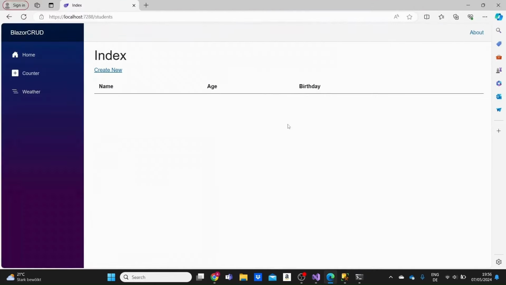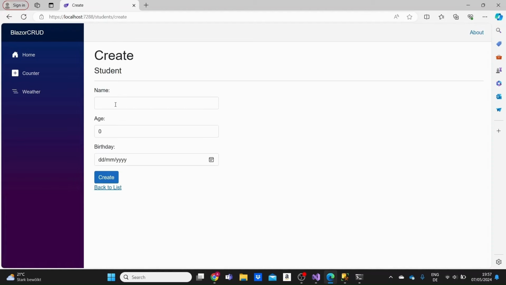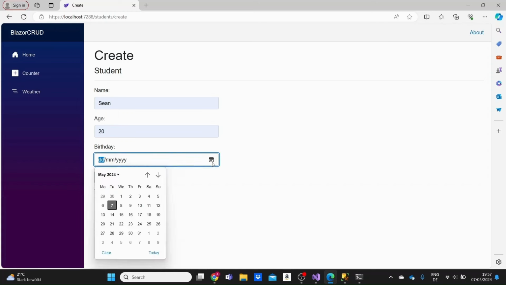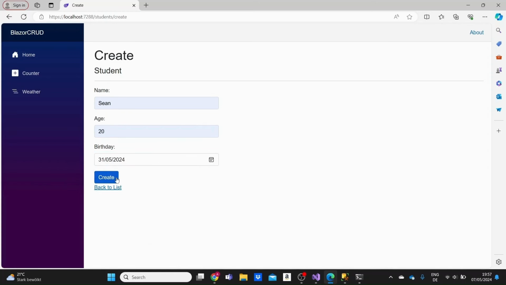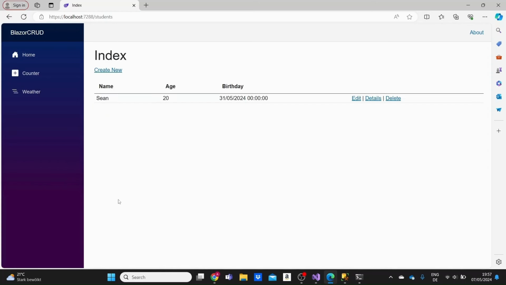Okay, we have an empty table here. If I click on create new, we'll be redirected to the create page. Let me give a name here, Sean, the age 20, and I'm selecting a birthday. If I click on create, we see that a student was created in the database, and then